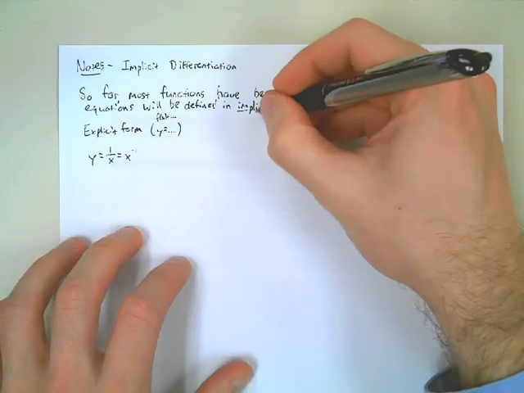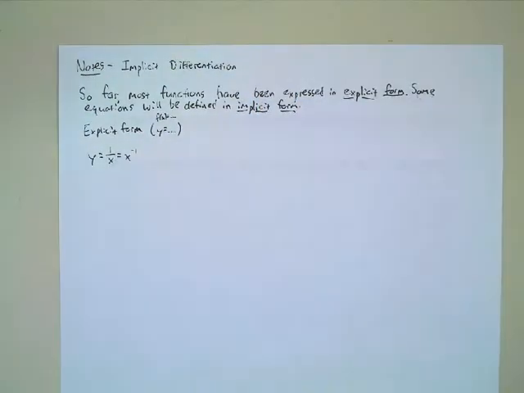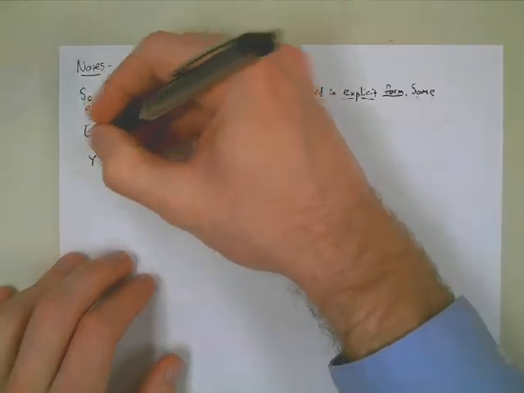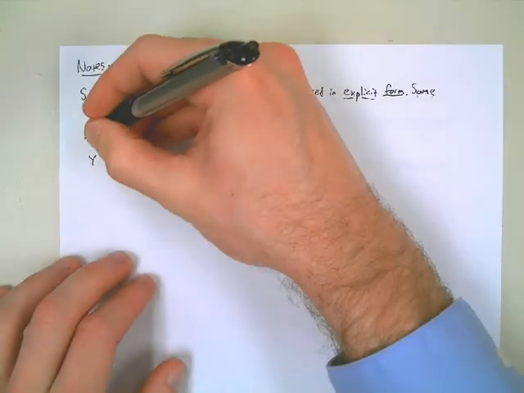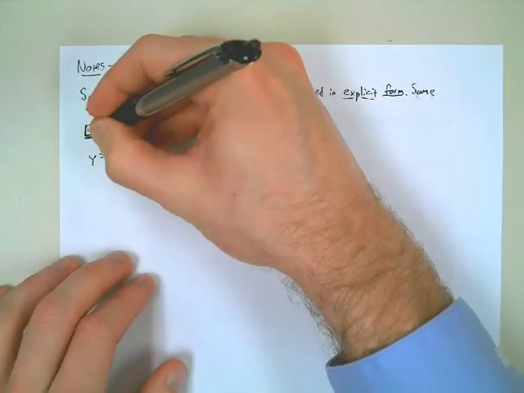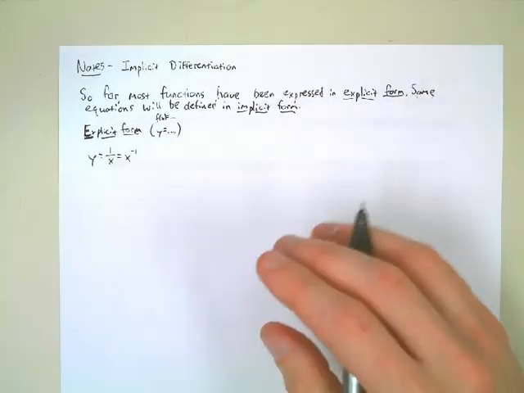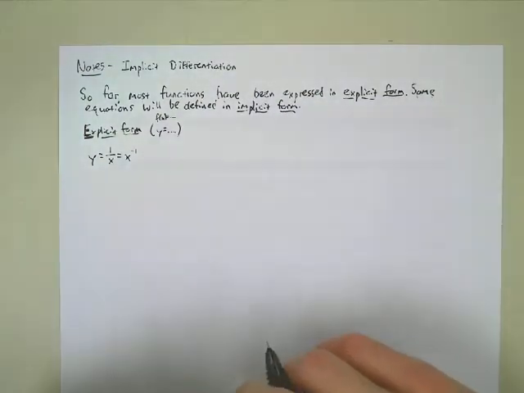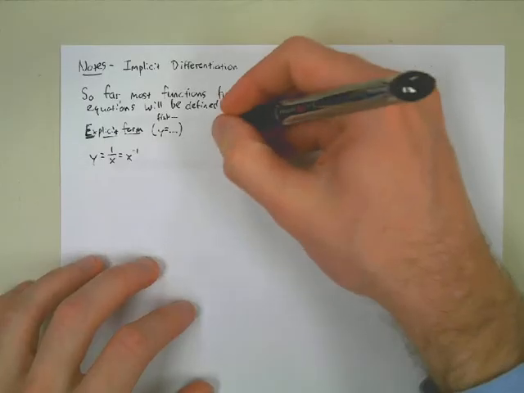Implicit form. Again, explicit form was y equals something in terms of x. And of course, it doesn't have to be y and x. It could be y equals something in terms of t or whatever. Implicit form, though,